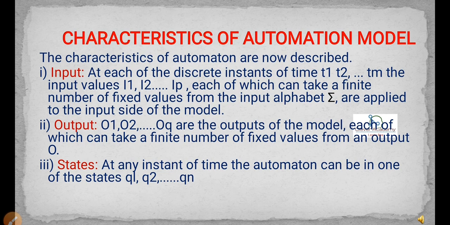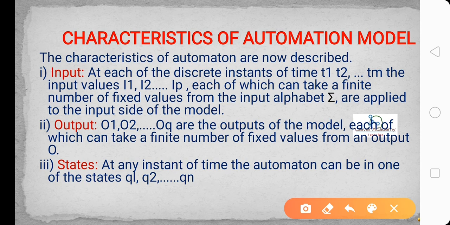When coming to the finite automata, there are some automation models. Now we are going to be drawing a sample automation model. Whenever we are drawing the sample automation model, it has some characteristics, and based upon those characteristics, that automation model will work. Each and every representation will follow the same characteristics.